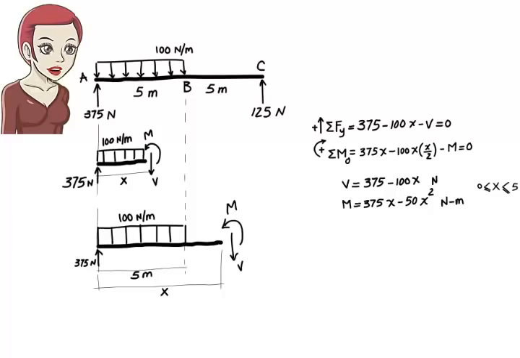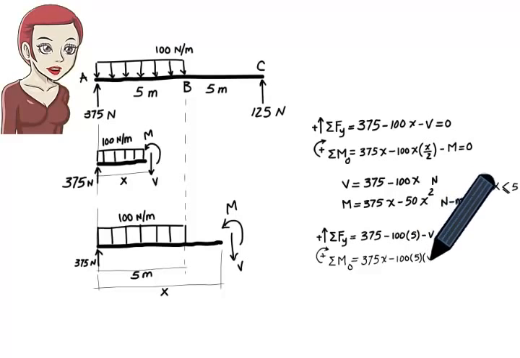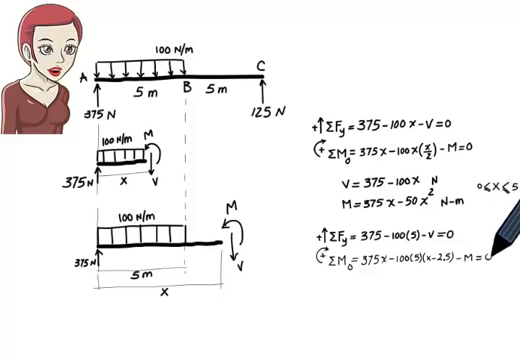For the second free body diagram we have sum of the forces in the y direction equals 375 minus 100 times 5 minus V equals 0. Sum of the moments about the cut point equals 375x minus 100 times 5 times (x minus 2.5) minus M equals 0. Solving the equations for V and M, we get V equals negative 125,